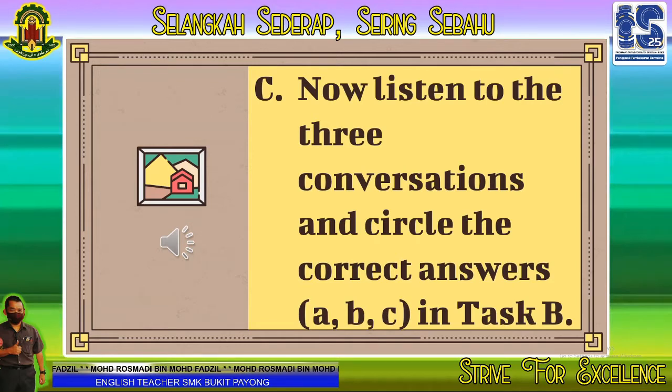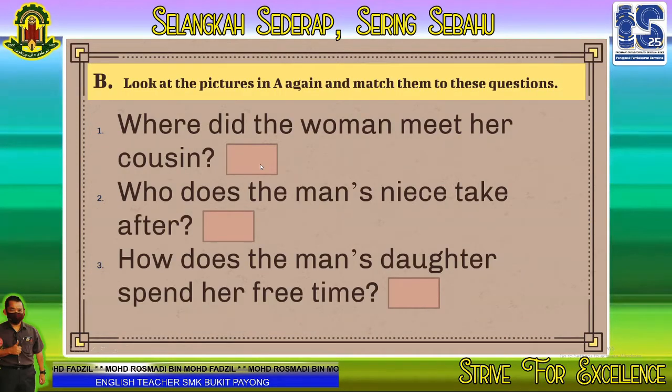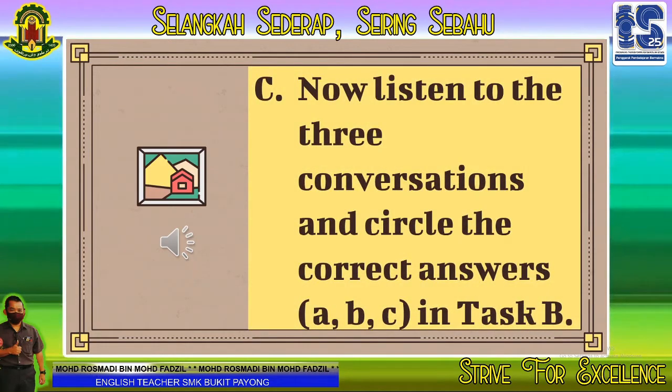Okay, alright. If you have listened, try to answer. Tengok balik soalan tadi. Yes, so number 1 is A, B or C. Number 2, A, B or C. Number 3, A, B or C. Okay? Alright. If you have done, then as usual, take the photo of your exercise or your answers and send it to me, okay, via WhatsApp.